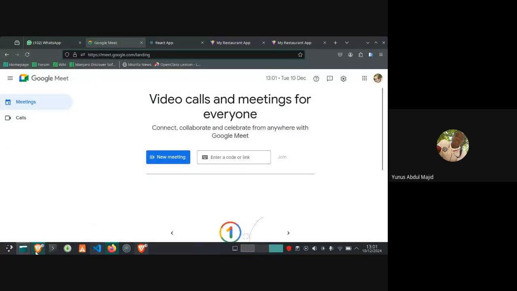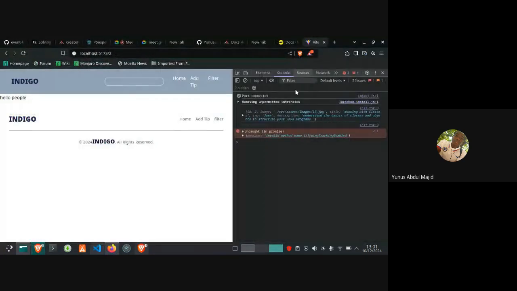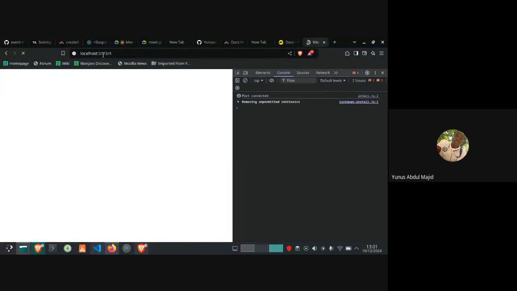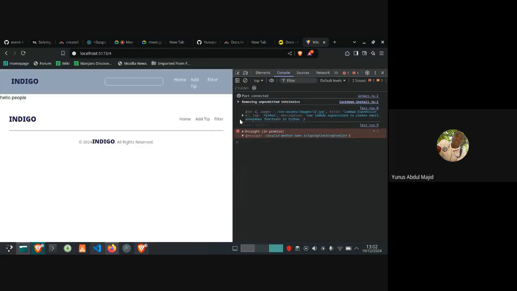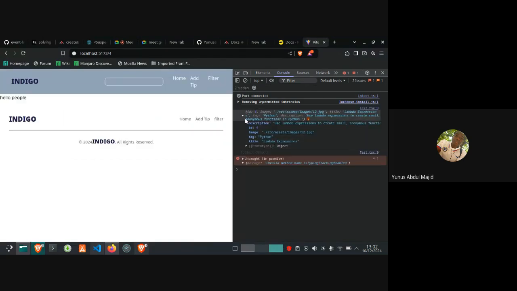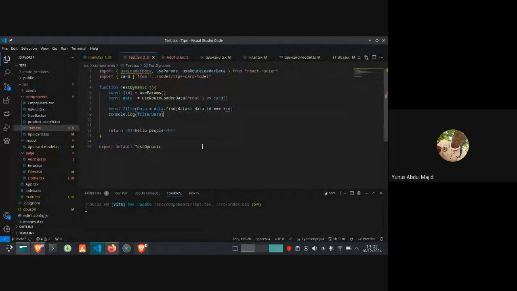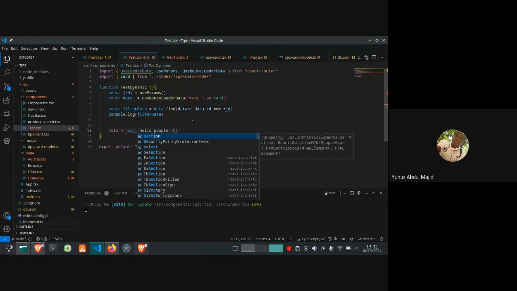So, okay. So you can see I can get any of the data I want dynamically. If I add 4 now, it should display the data with an id of 4. So let me just make use of the data here. Not a complex style. Let's just do something to show that we are really making use of dynamic routes.